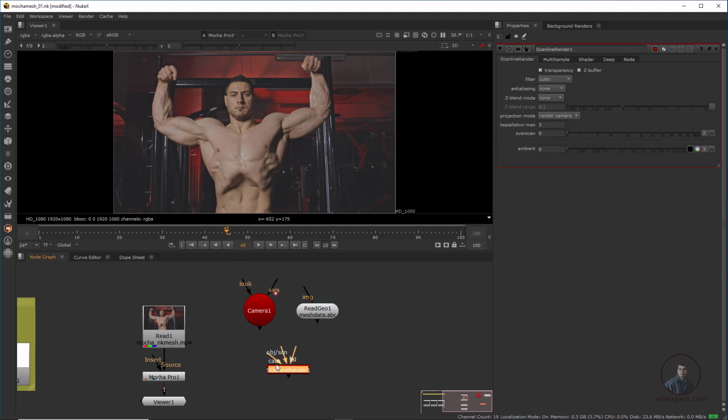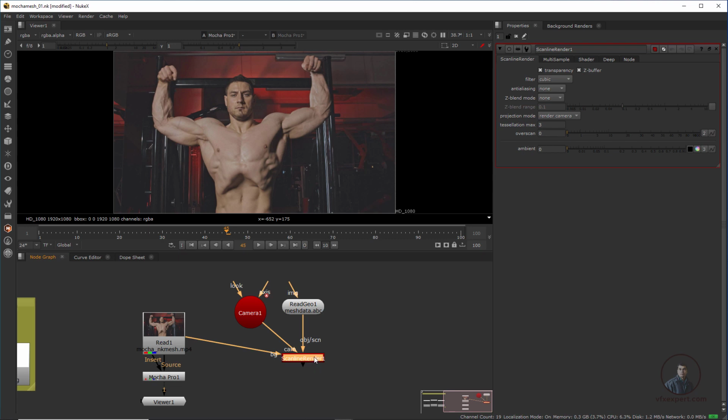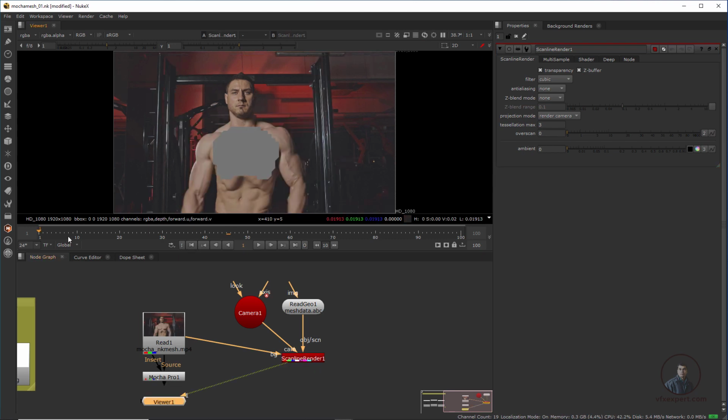Now we have to connect this scene, so in AVC or this geometry, camera, just connect in camera, and this BG connect in our original footage. Remember this one, we have to connect in our original footage. Okay, now select this one and press 1 here. Now you can see the result here.